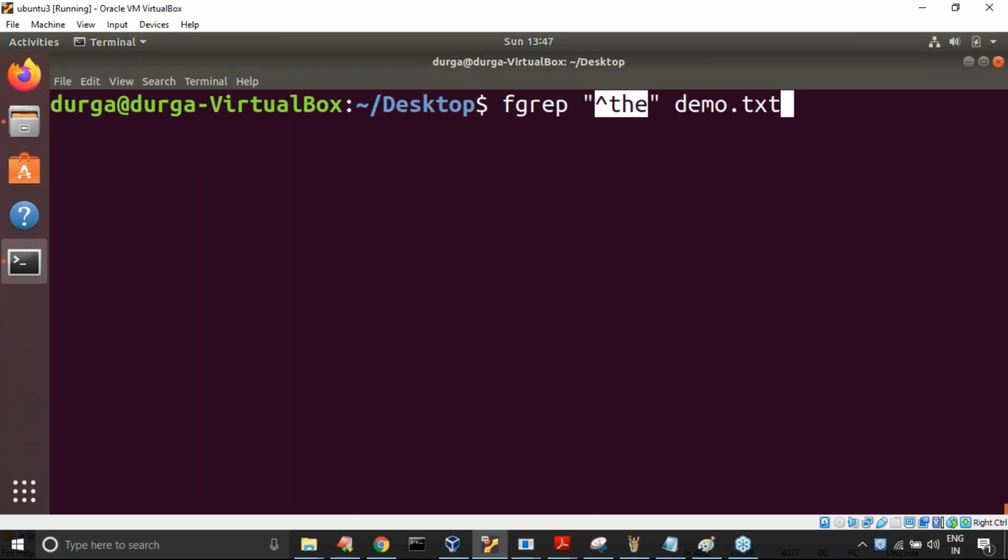It is always going to search for it as the total string, so the first character should be the caret symbol, the second character should be 't'. Do you have any such lines? Nothing is there. It can't understand regular expression patterns. Fgrep knows only one thing: fixed strings. If you provide any regular expression, sorry, it can't process it because it doesn't know what that means.